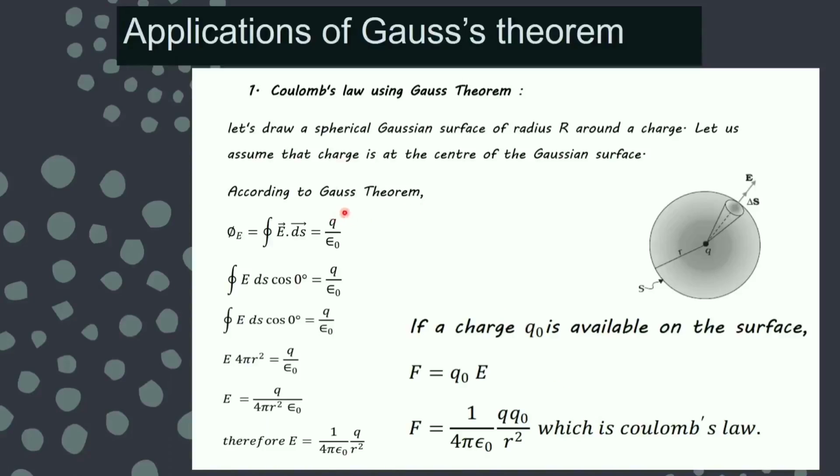So if a question comes to you that you have to derive Coulomb's law using Gauss theorem, then you are supposed to follow these steps for proving it. And direction also you can always mention will be same as that of electric field, because force is a vector quantity. And here we have written in bold, that means we are talking about the vector quantity.